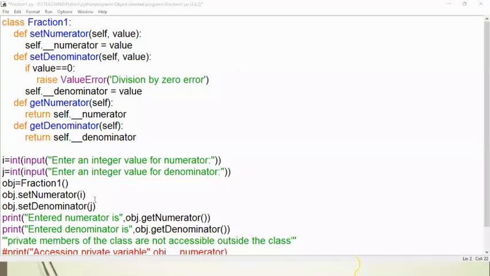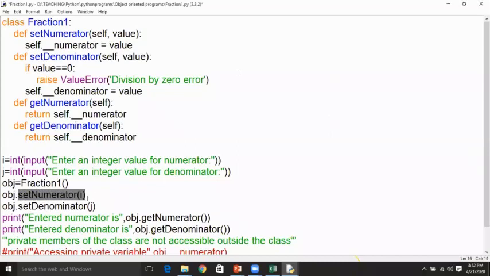See here. Whenever the set numerator method is called by using the object of the fraction class 1, here obj, by using the dot operator, then the control simply jumps to this class and searches for this method. Set numerator method is available, self is a default parameter, and value I is a variable which is passed as a parameter here, and which is assigned to a variable called value. Then it starts executing this method.